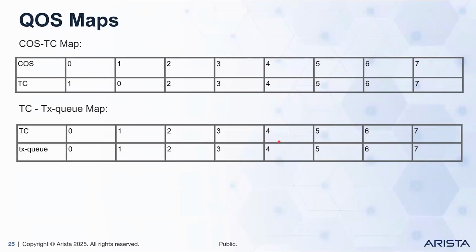Now let's compare this behavior to that of the student SSID. And what we observed there was that the student SSID had a SSID priority which was set to best effort, which was mapped to a cost tag of 1. And best effort, cost tag of 1, cost tag of 0. And cost tag of 0 was mapped to traffic class 1, which was mapped to transmit Q1, which didn't have any kind of shape rate command added. Now this is the reason why the teacher's SSID was getting affected, but the student SSID was continuing to perform normally.